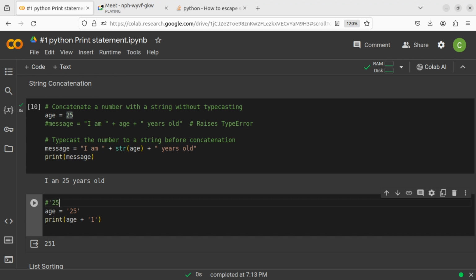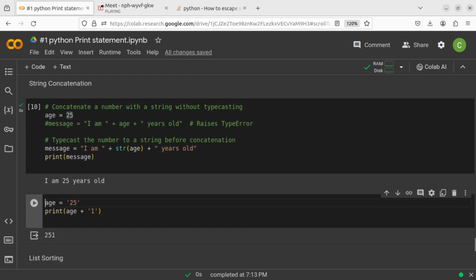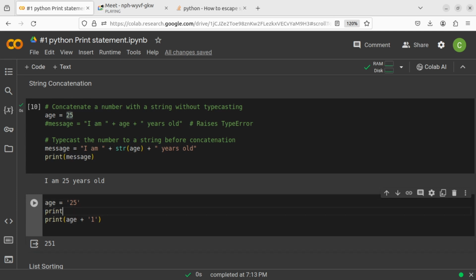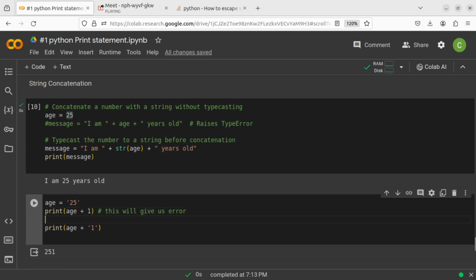So I should comment this as well. Print age plus 1. This will give us an error, right? To make it work, we have to convert into string. We can do this as well, but if you don't want to change it here,